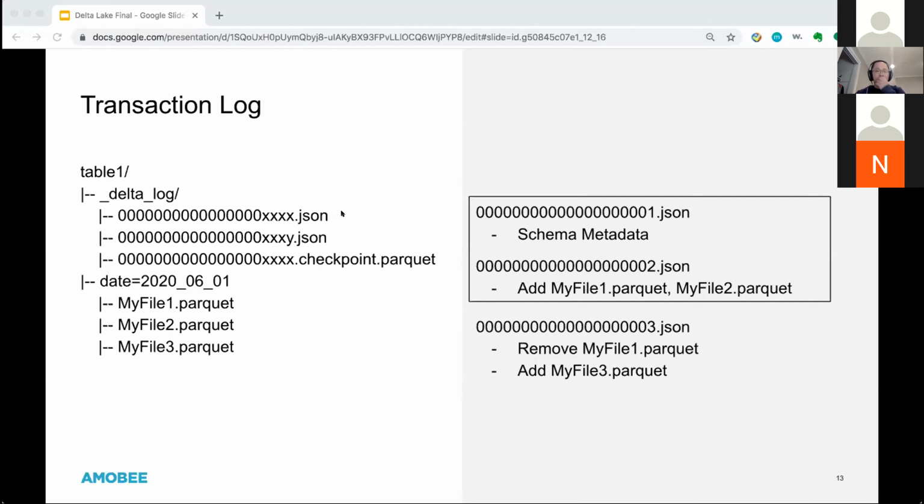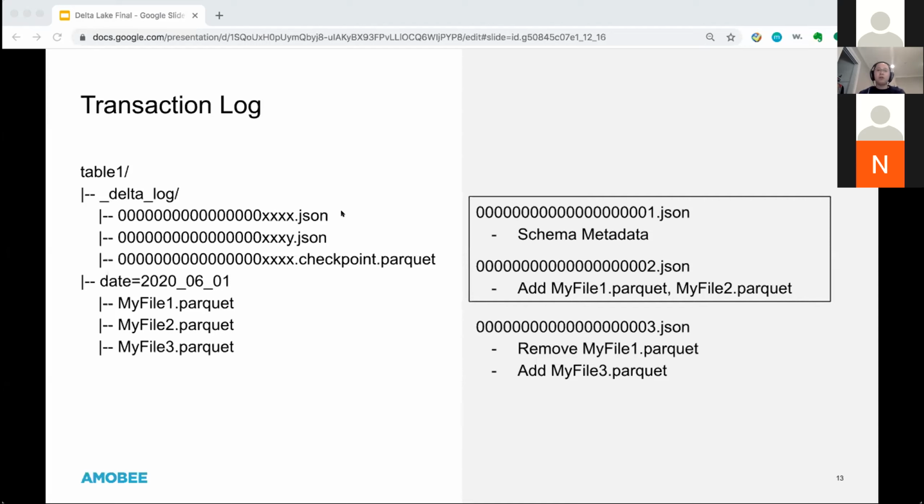So let's just go through an example and see how Delta Lake uses this. Let's say we have a Delta table. How do we define this Delta table? We can define it by 2 commits. The first one is we define the schema, and the second one will be add file operations. We're going to register all the files into this Delta table.